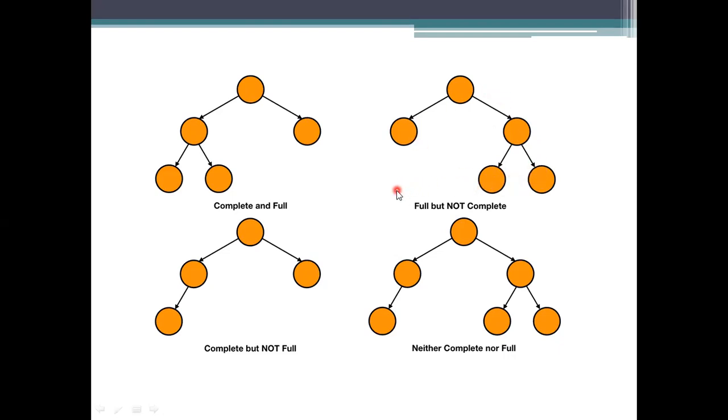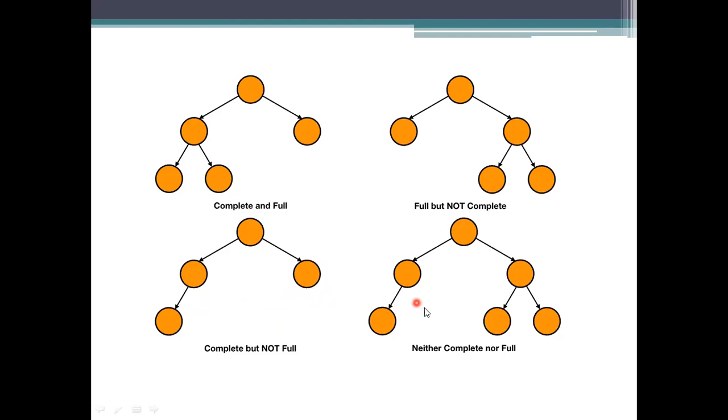But complete means what? From left to right, it has to be complete. We can't take an empty one here. So we must fill the left side first and then move to the right. Empty on the right is also allowed in a complete binary tree. Here the left child has been filled, and on the right side we are not having a child. Then the complete tree is allowed, but not the full. A full binary tree must have two children or no children. Here only one child is there. So it is not a full binary tree, but it is a complete binary tree.